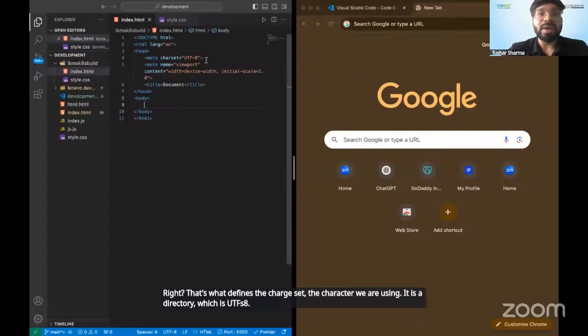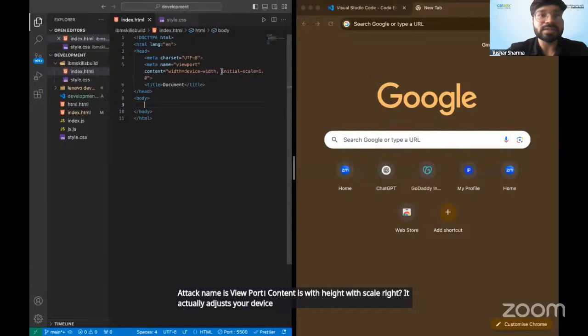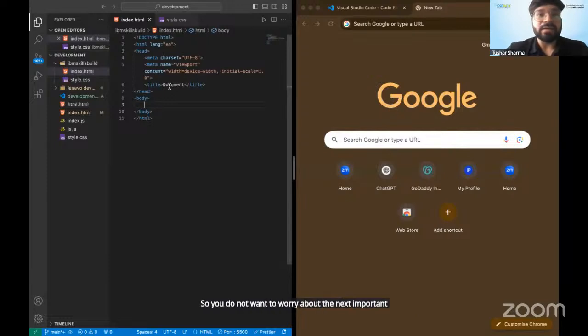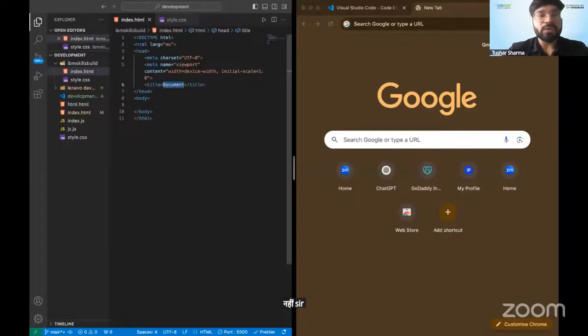And the meta name is viewport, content is width, device-width, initial-scale, right? It actually adjusts to your devices. So don't worry about it. The next important thing is title. So right now you can see here it is called document, right? Now if I change my document to my window